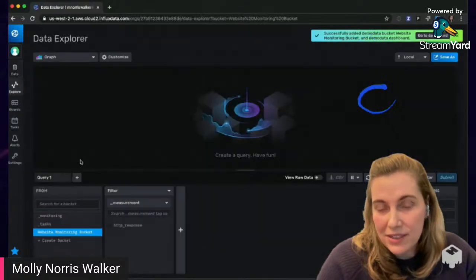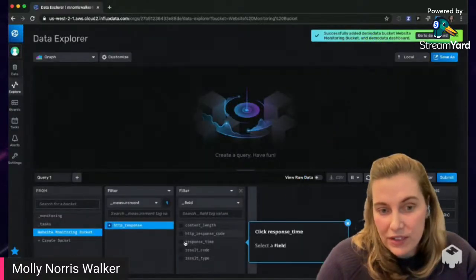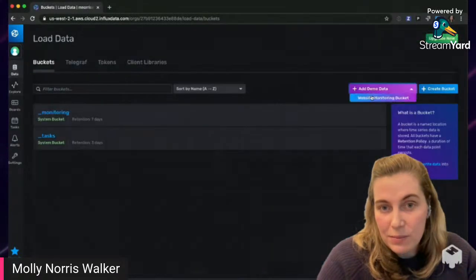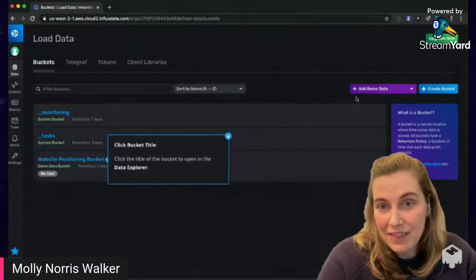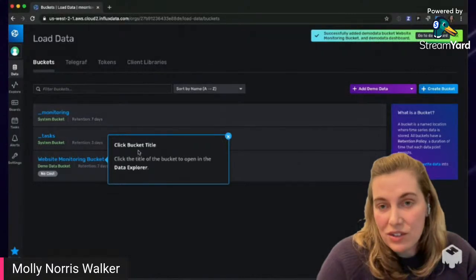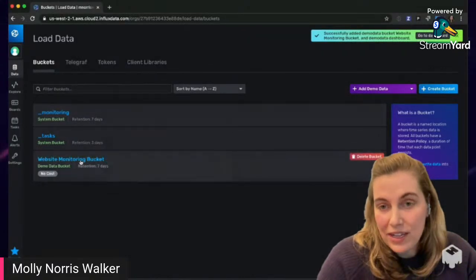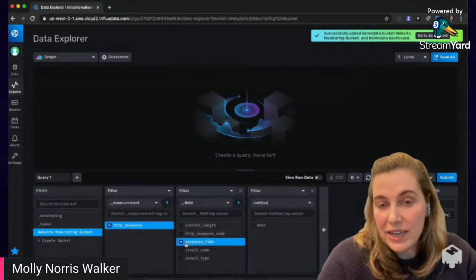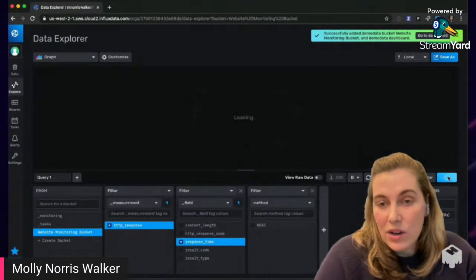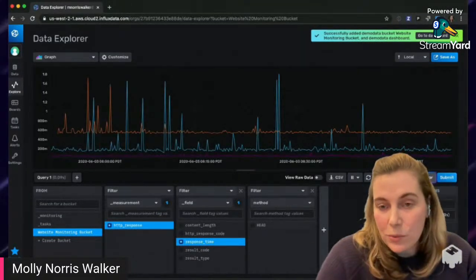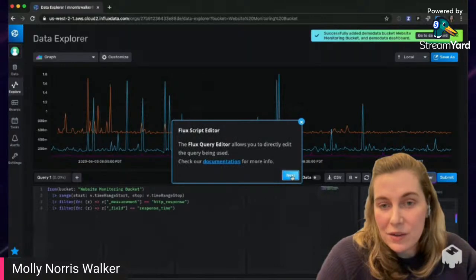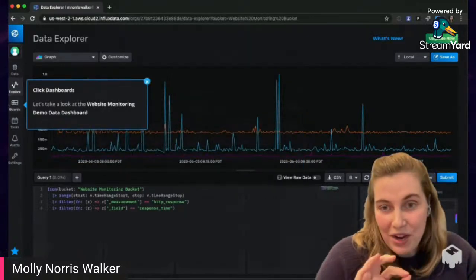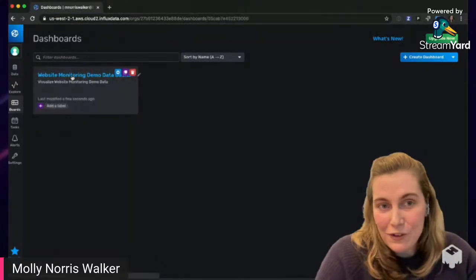There's one button, and that's all we built for this: one button and one data set. We didn't build a user experience to get there. We just built a hacky user journey using modals and tooltips. All we had engineering do is build a button that says add demo data, and then we shoestring the rest together. But it's real data. You can query it here. And it also automatically creates a dashboard for you to explore. So this is a very V1 version that might make this feel easier for folks.